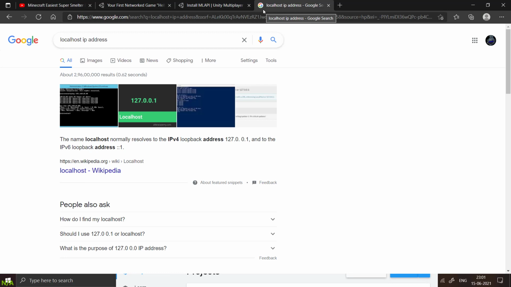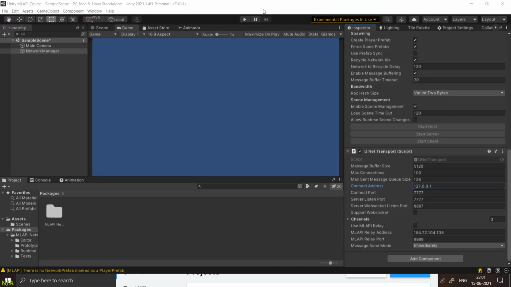It is 127.0.0.1 for any laptop or any device. So when we set the connect address as localhost here, we can only run this game on localhost, that is on this PC, and not on two different devices. We will later change this to our IP address so that other devices from different laptops and computers can connect to us.